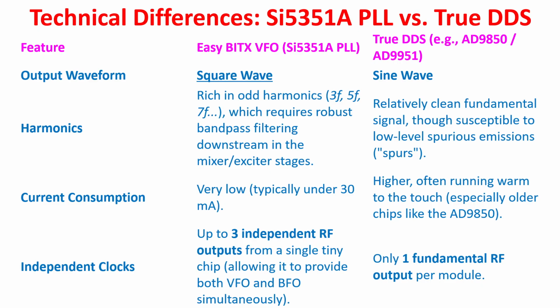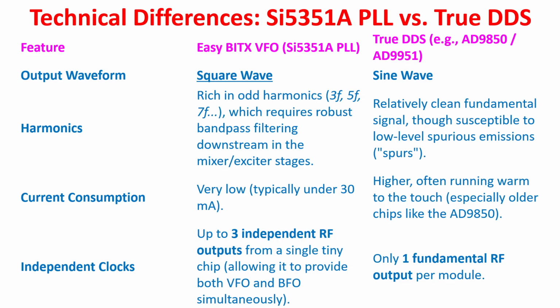Understanding what is actually coming out of the Arduino board matters when you are building, testing or troubleshooting the rig. Output waveform: it is a square waveform in the ECBTX VFO; in true DDS, it is a sine wave. Harmonics: in the ECBTX, it's rich in odd harmonics, 3F, 5F, 7F, which requires robust band pass filtering downstream in the mixer and exciter stages. In true DDS, it is